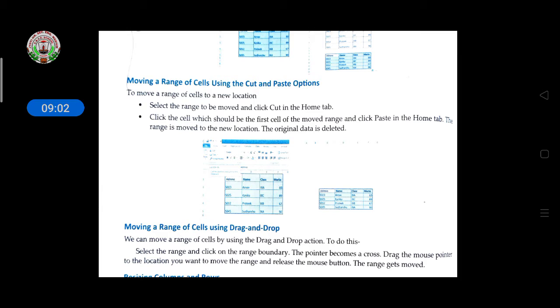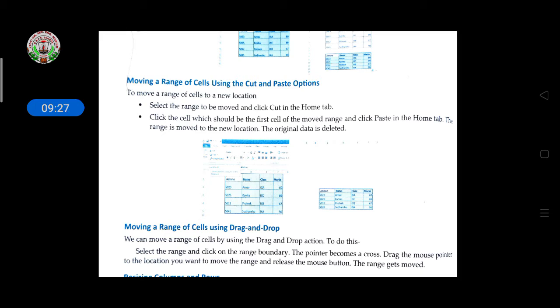Moving a range of cells using cut and paste. Cut means you take the data from one place to another. It means you are moving the data from one place to another place. Select the range to be moved and click Cut on the Home tab.